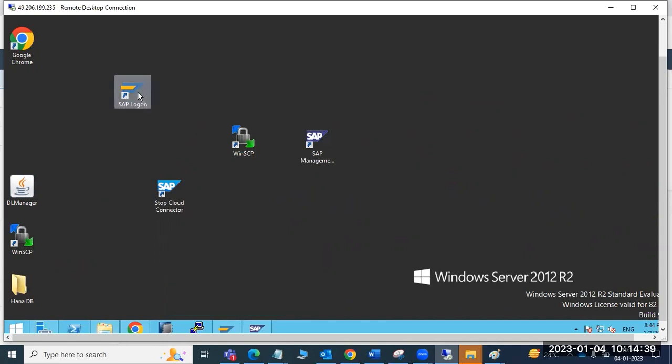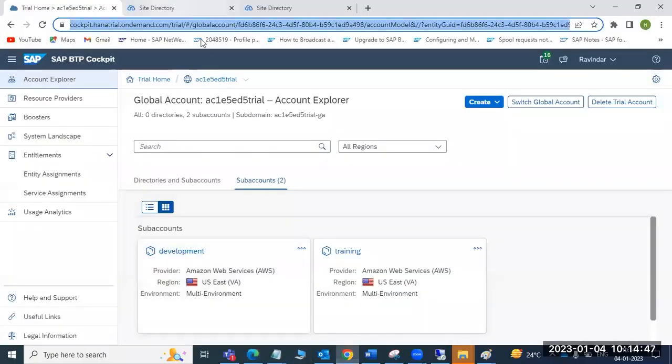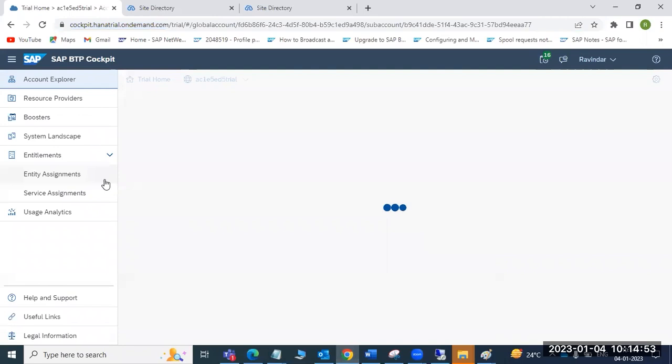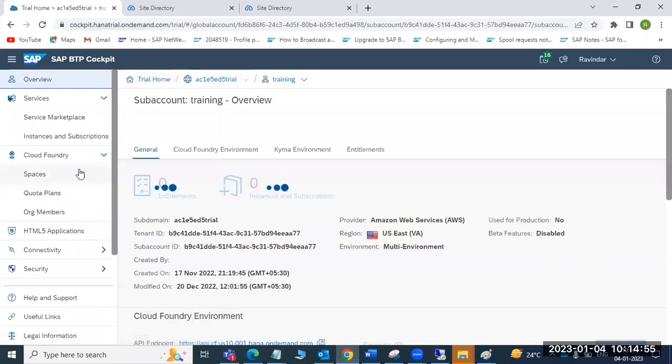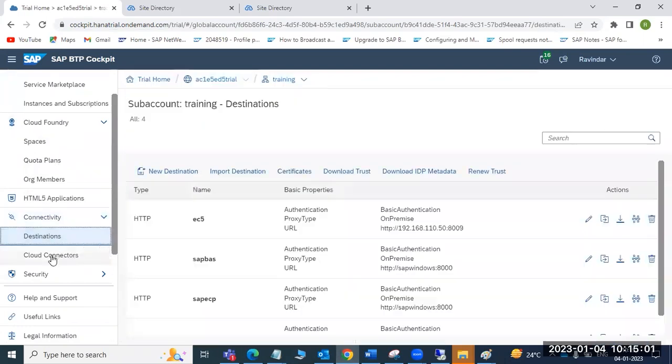But that should talk to our backend ECC or any one of the SAP systems, right? If you already have systems available, then you can use them, not a problem.